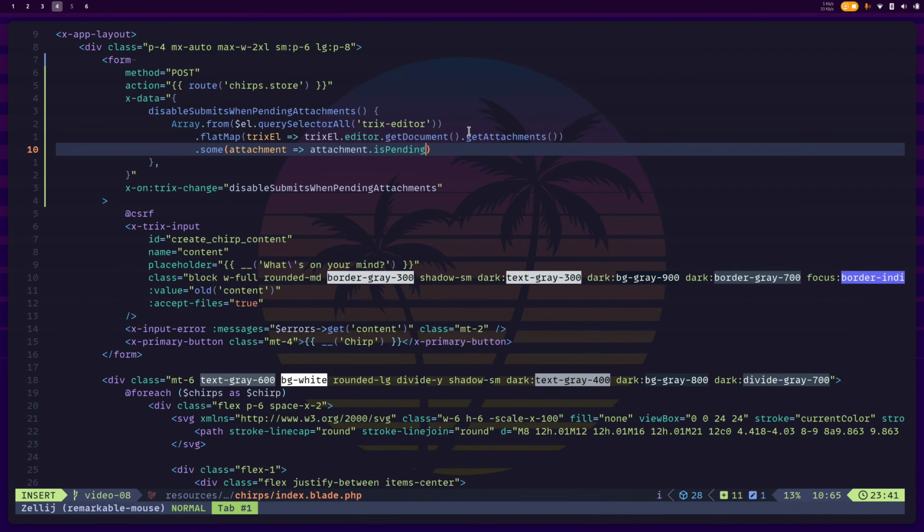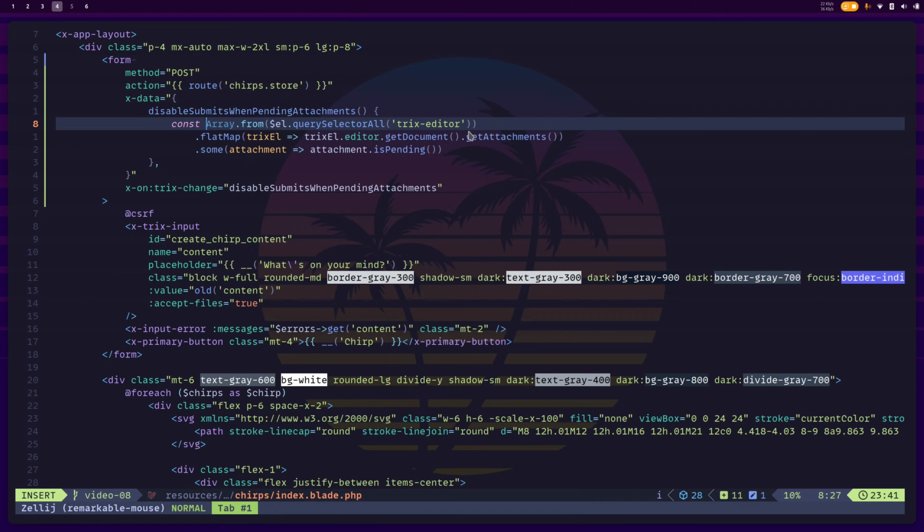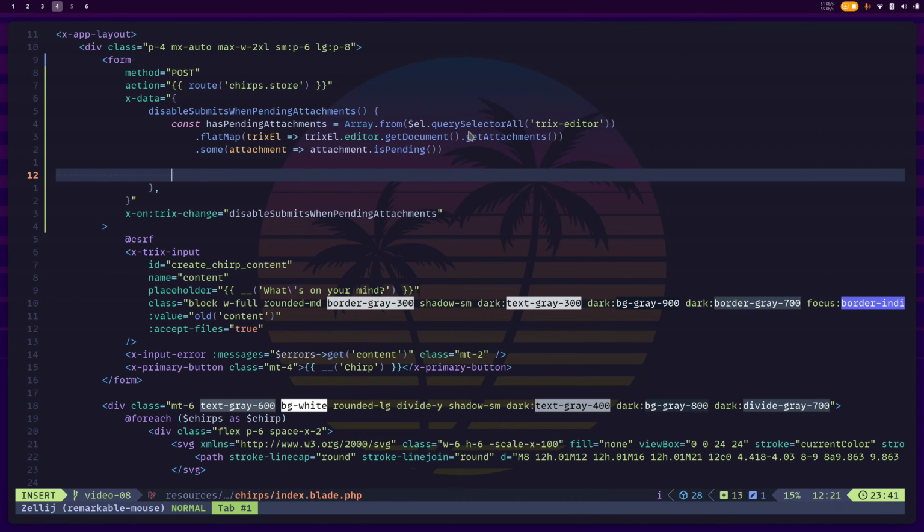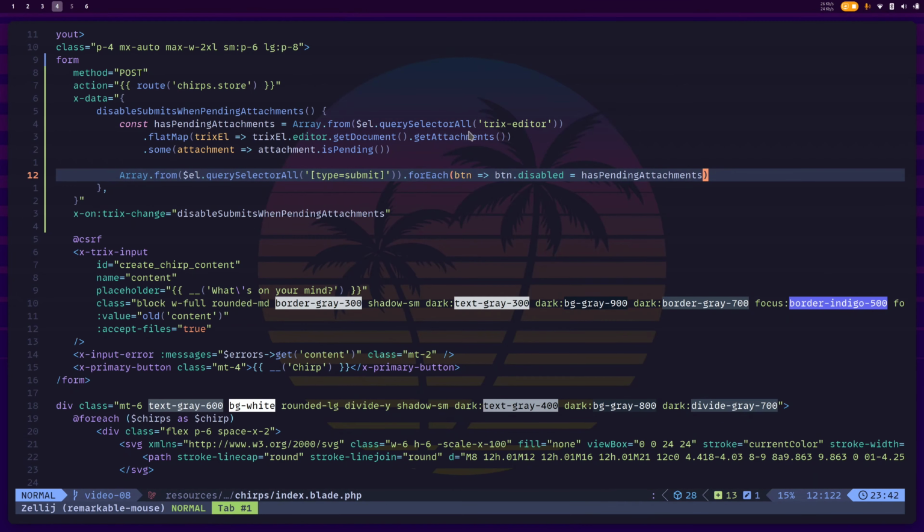And now we can do that same some attachment is pending. And that's a method, so we have to call it. And then we can put this into a hasPendingAttachments variable. And then we can find all the submit buttons of this form, and then we can flip the disabled attribute based on whether or not the form has pending attachments. To do that, we can just do the same thing that we were doing. So element.querySelectorAll type submit, and then for each we'll flip the disabled attribute based on hasPendingAttachments. So if we save that,